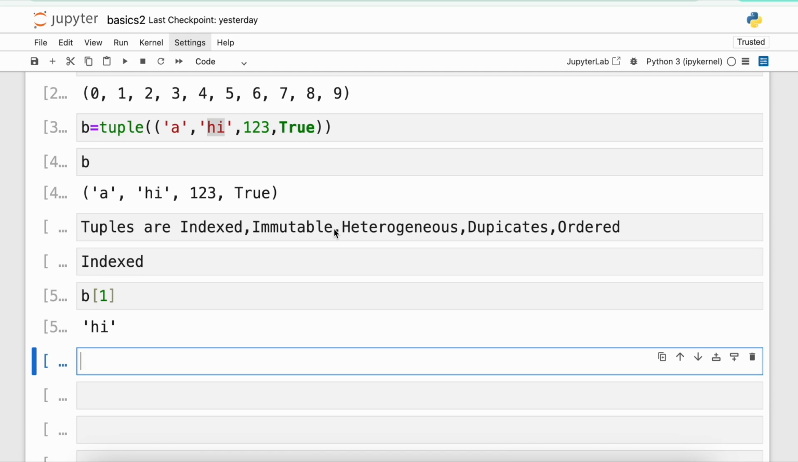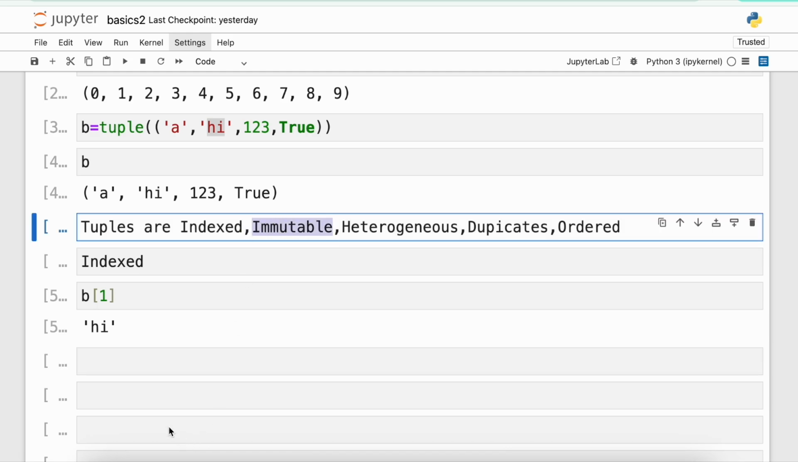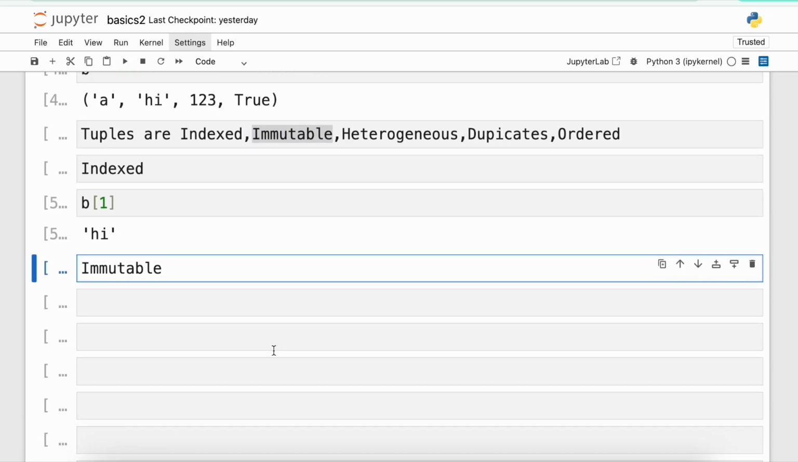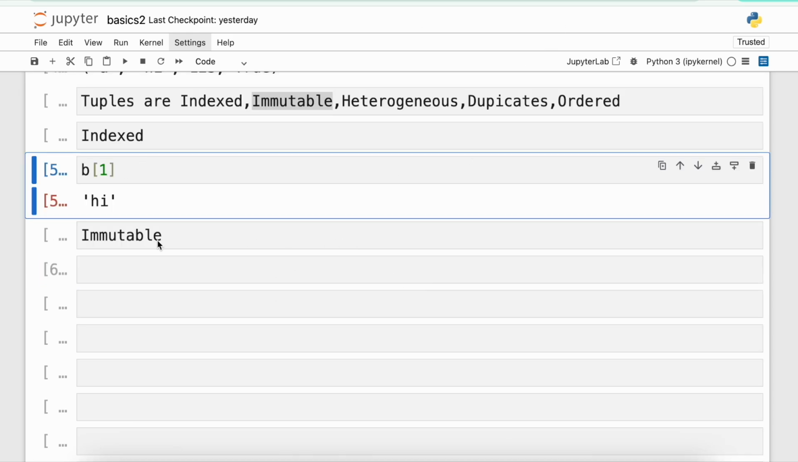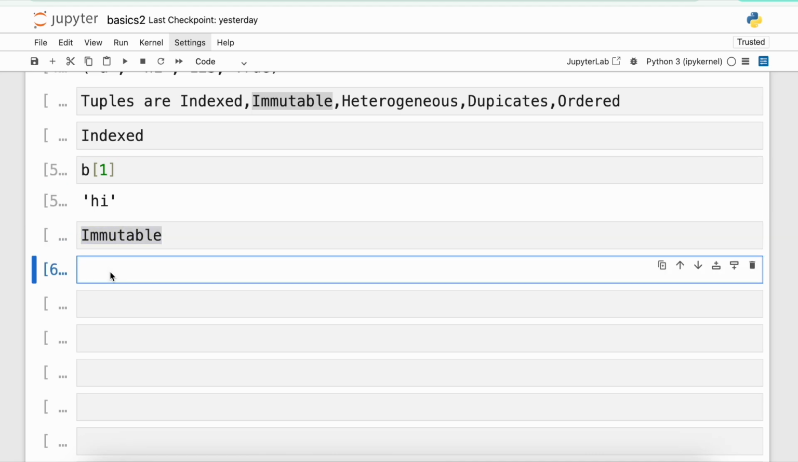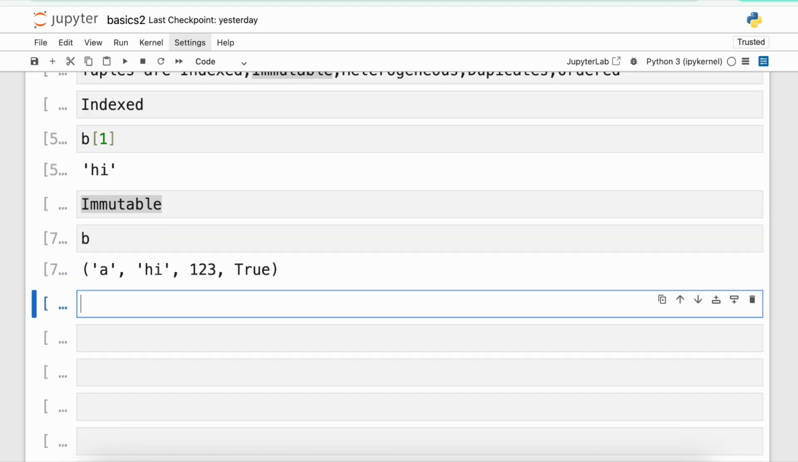And now immutable. What is immutable? It means you cannot change or insert values in a tuple once it is created. Another characteristic of tuple: immutable. Let's run the tuple. In a tuple there is no built-in function to add, modify, or update the tuple. So there is a